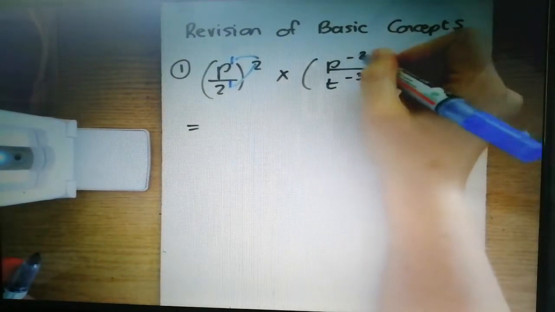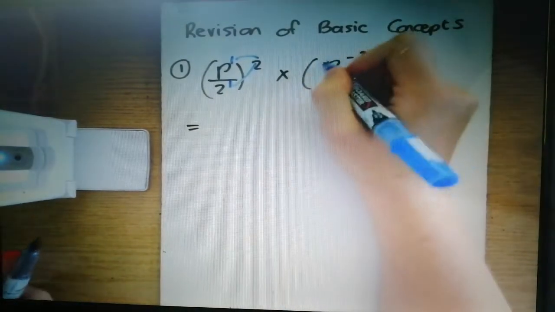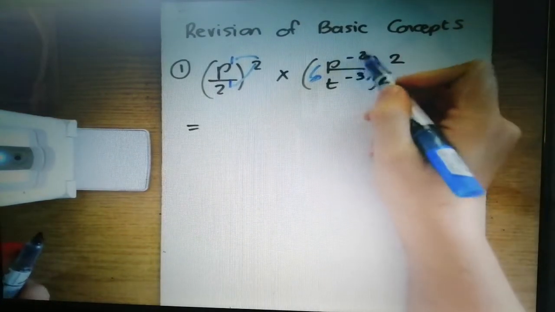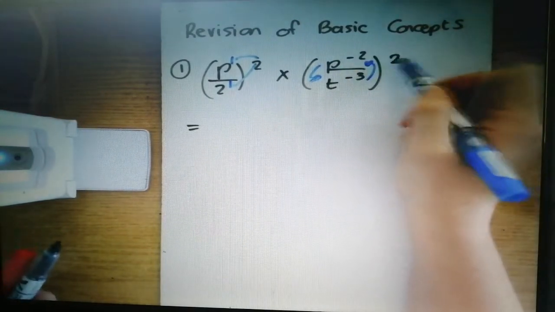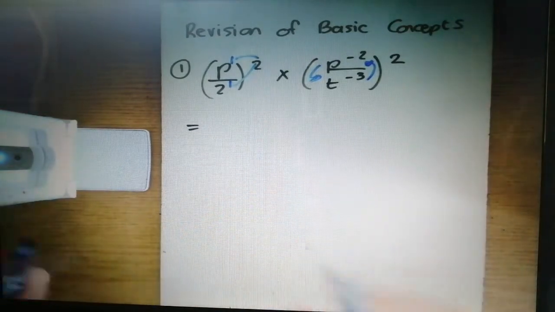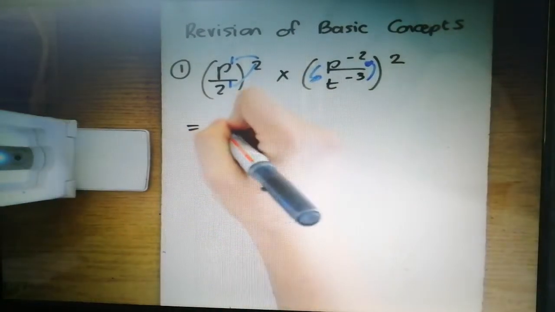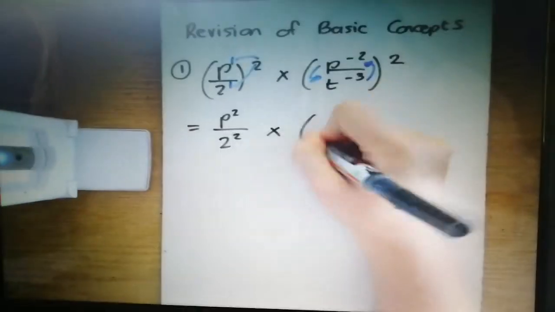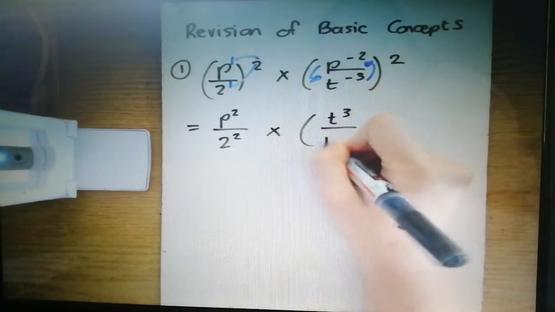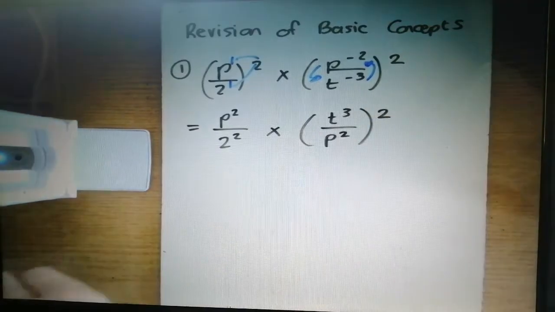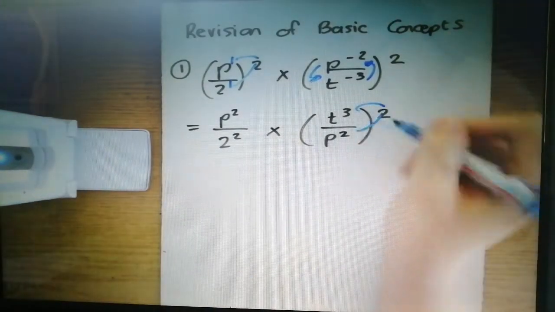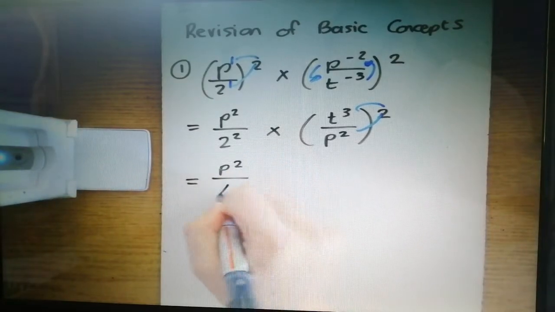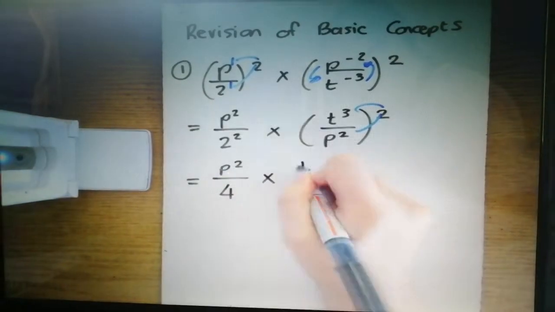And here I'm going to sort out the negativity first. So I'm just simply going to take that to the bottom. I'm going to take that to the top. Remember, this affects this negativity now because this is a negative. So I end up with p squared over 2 squared times t cubed over p squared all raised to a 2. This I can now bomb in here, and I'm left with p squared over 4, I'm changing it, times